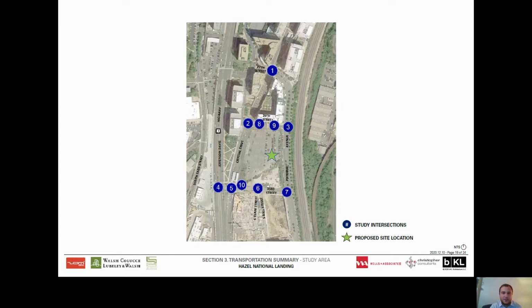We scoped the study with D and ES to make sure that we had an appropriate study area, and this graphic shows the 10 intersections that we evaluated for future conditions with our site. Our study analyzed 500 dwelling units and 15,000 square feet of retail, which, as you know from this presentation, is a little higher than is currently proposed,